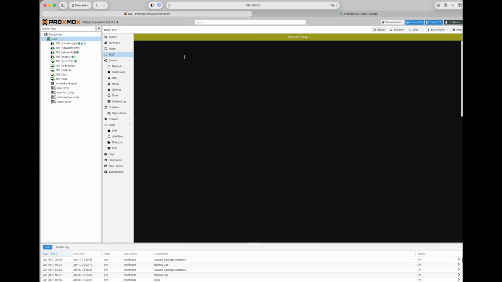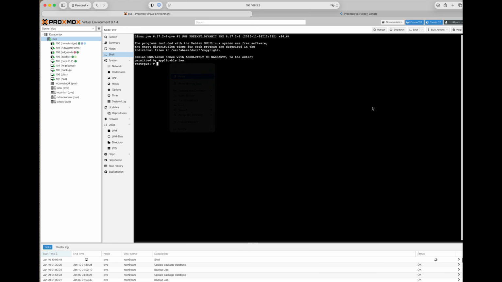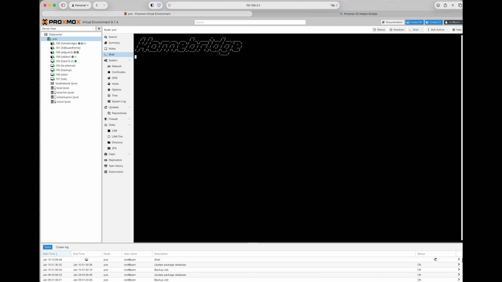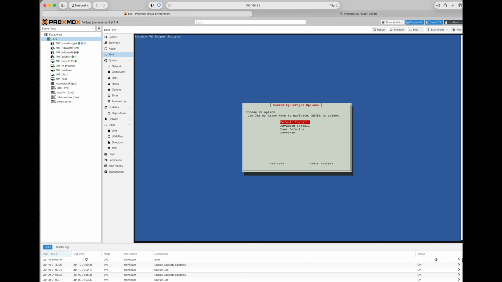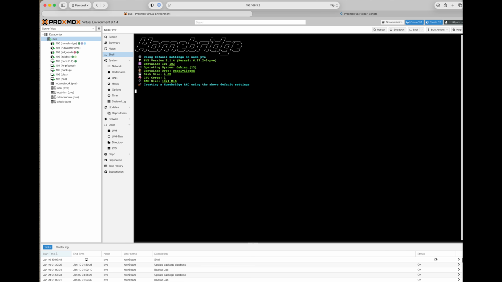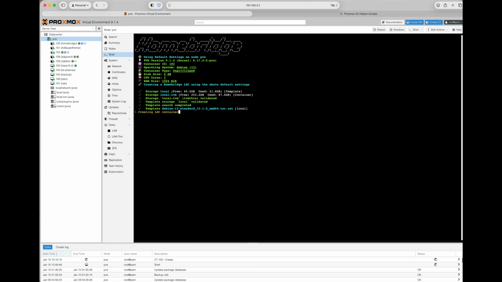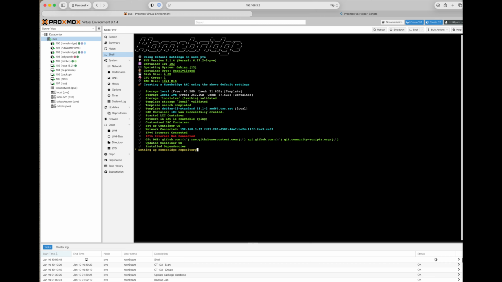Select our node, shell, paste, enter. We can go ahead with the default install. And now Proxmox will create the container for us. Okay, done. So now we can just copy this URL,